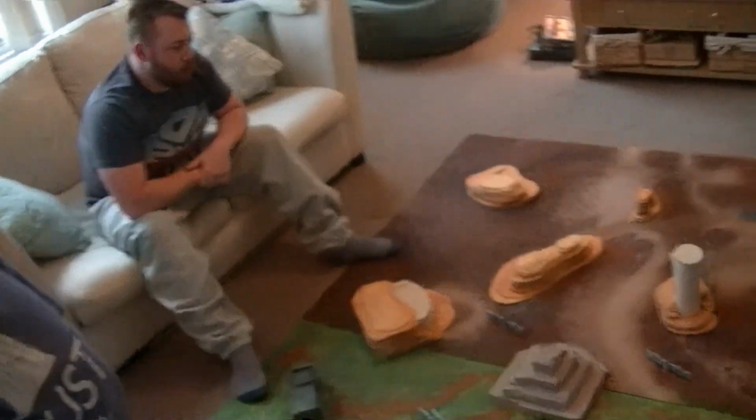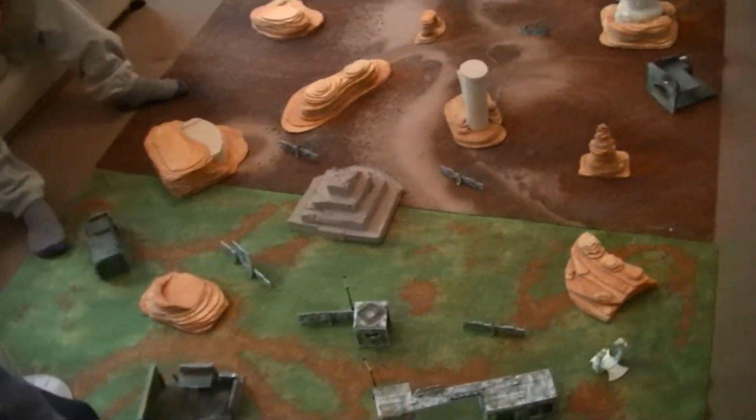5,474 points of Tau. And I'm taking 5,449 points of Craftworld Eldar mixed in with some Dark Eldar, which is going to be cool. Let's take a look at this huge board. It's so huge, we've had to do it on the floor, like old school, back in the day. Let's take a look at the board, and then we'll talk about the mission, deployment, and